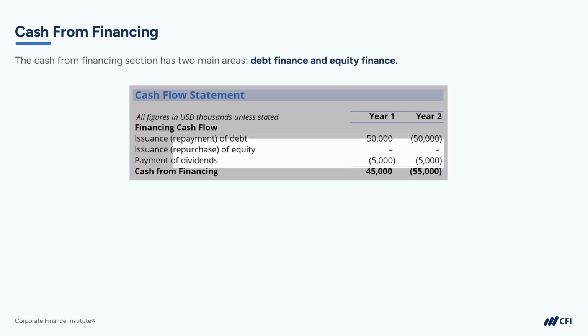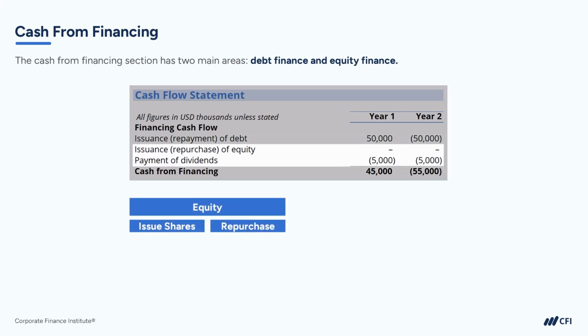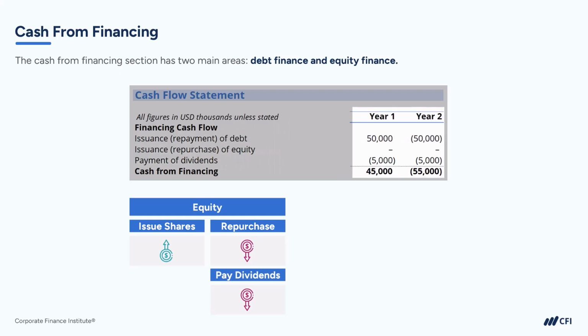Let's now turn to equity finance. Cash is going to increase when a company issues shares for cash. And cash is going to decrease if it repurchases those shares or if the company pays out dividends. When a company issues shares for cash, this will be shown as a cash inflow, which is a positive number, while if the company repurchases shares or pays out dividends, these are both cash outflows